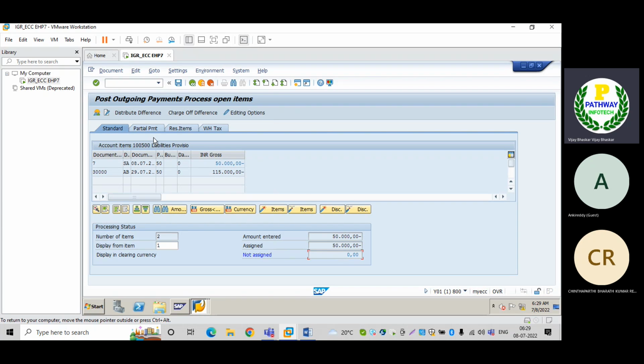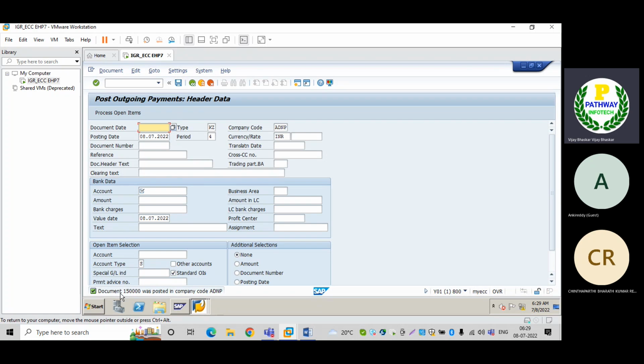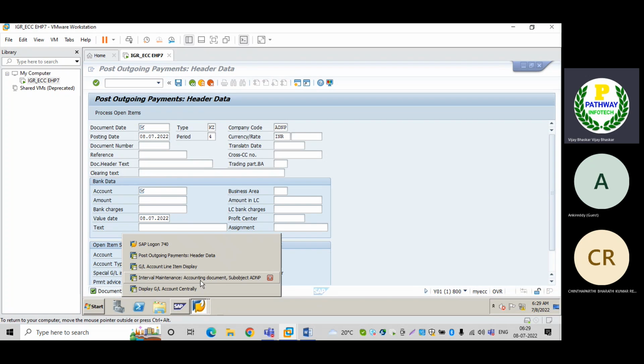Now we are clearing the full payment. After doing the adjustment here, just go to the document and simulate it. The system will display the bank account is being credited and the liabilities provision account is being debited. Now just save it, that's it. The document 150000 was posted in the company code. Now go to